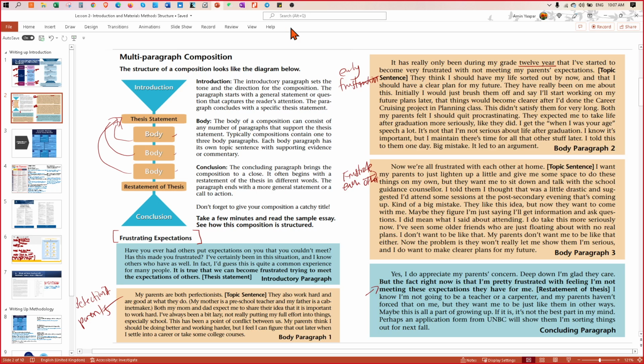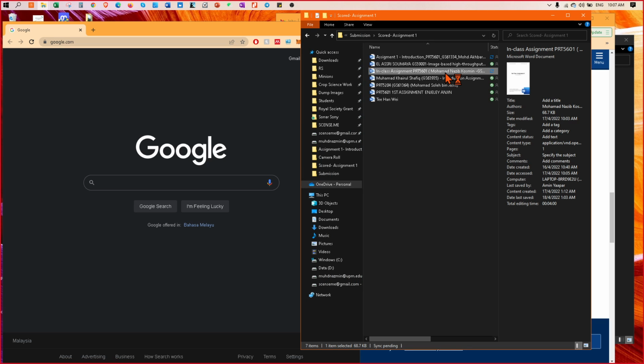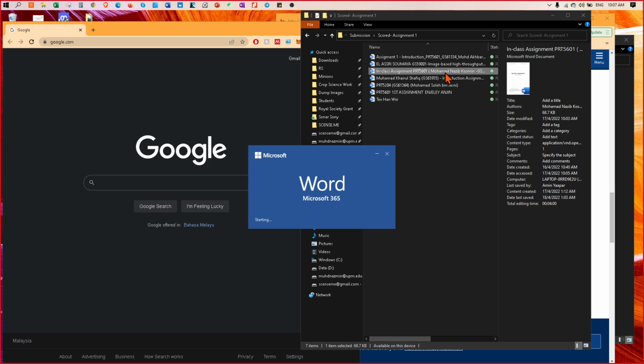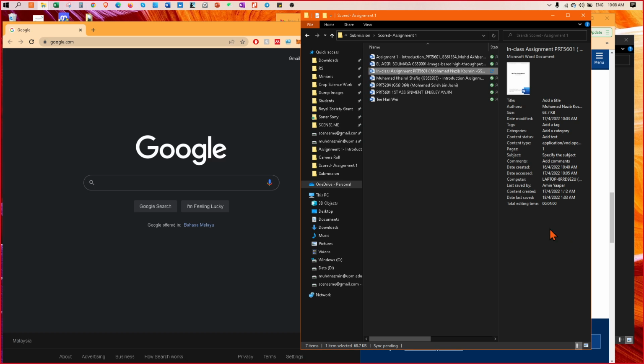Okay, so if I open the Grammarly here, it keeps closing your file. You see, I just open it, then it closed on its own. You know why it doesn't allow me to open it? Try again. You see, it closes down on its own. I have not done anything.